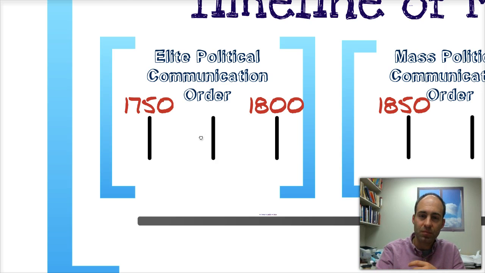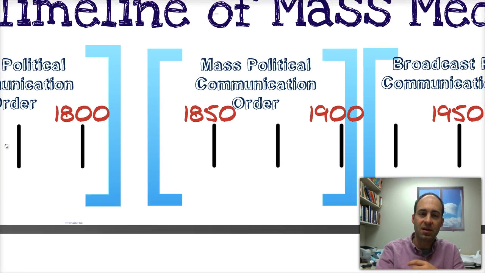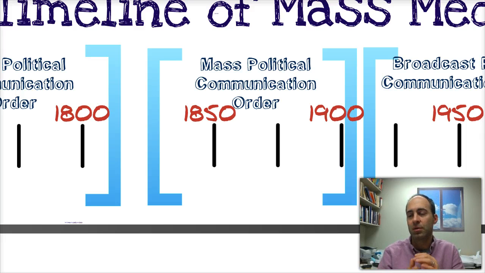Next, starting in the mid-1800s, we have the mass political communication order. And it's called the mass political communication order because it was really the first mass media that we have in this country. There were several causes. We've mentioned earlier the penny press, which started in 1833, and the penny press was the first time that a newspaper was available on street corners for the price of 1 penny, essentially breaking down that class barrier to who could get this information, and political information was an important part of what existed in these early newspapers.